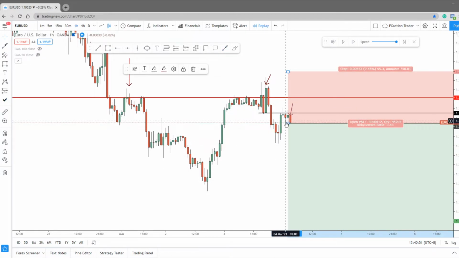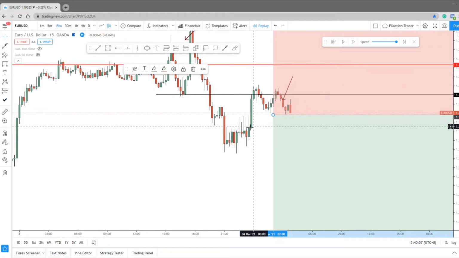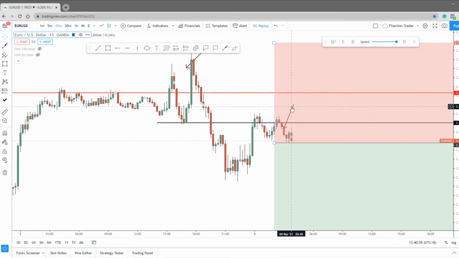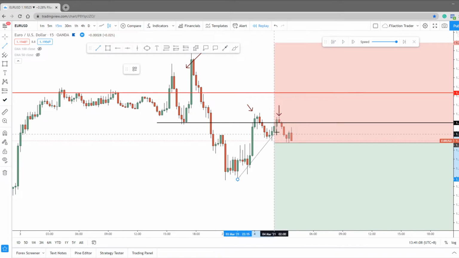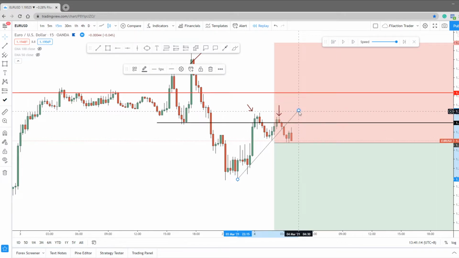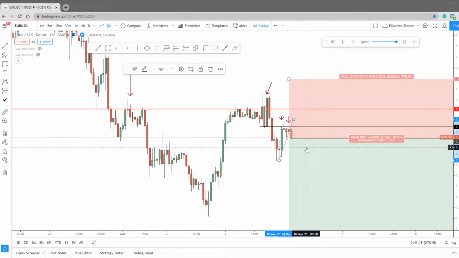In case you cannot see the double top pattern, you can always switch to a lower time frame such as M15, and from here you can see that market has done the first top, the second top, and market has also broken the uptrend trend line in order for us to stack up our confluences for a short trade. So at this time, I have entered a short trade based on these confluences,